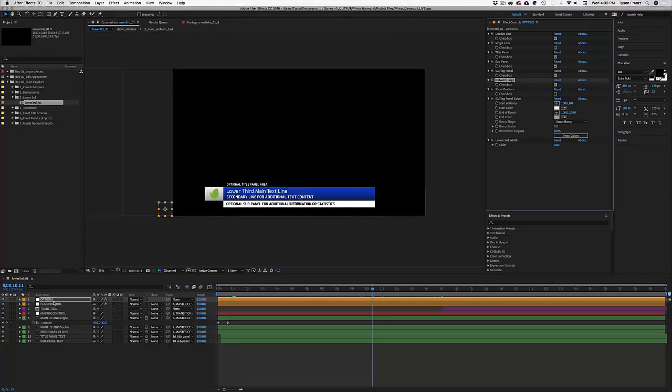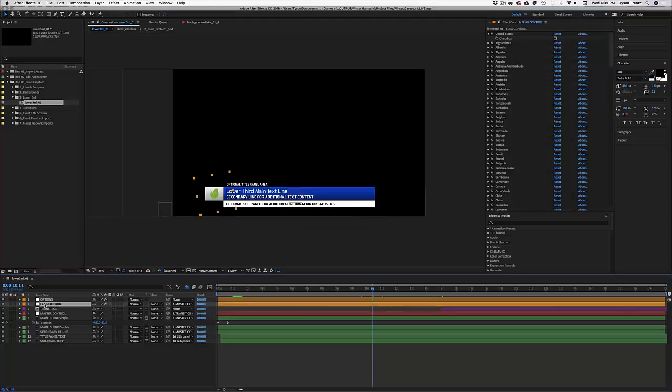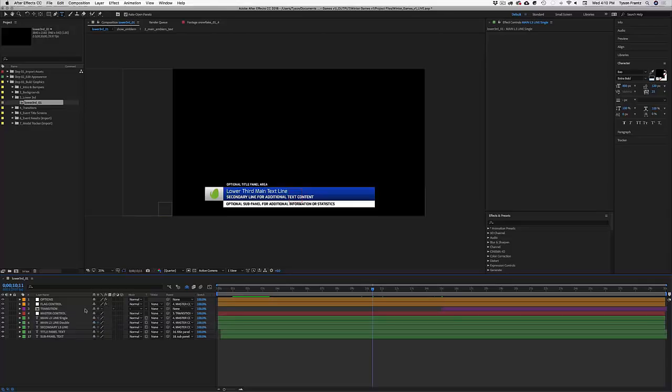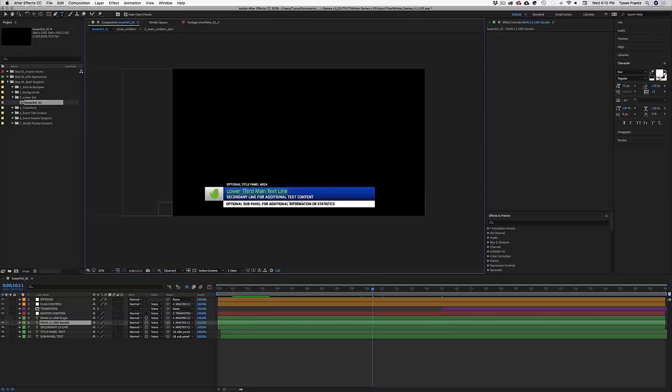Okay. Now, let's say this lower third was denoting, you know, an athlete name. So what I'll do is I'll customize this. Actually, I need to either turn this off, because right now we are using the double layer or the double line text, and when I try to customize this, it's actually clicking on that layer. So I'm just going to turn that single line off, and to highlight that, I'll just change this to athlete